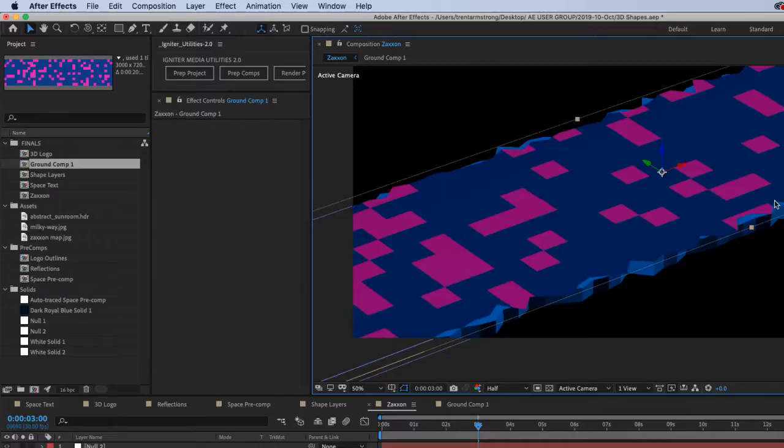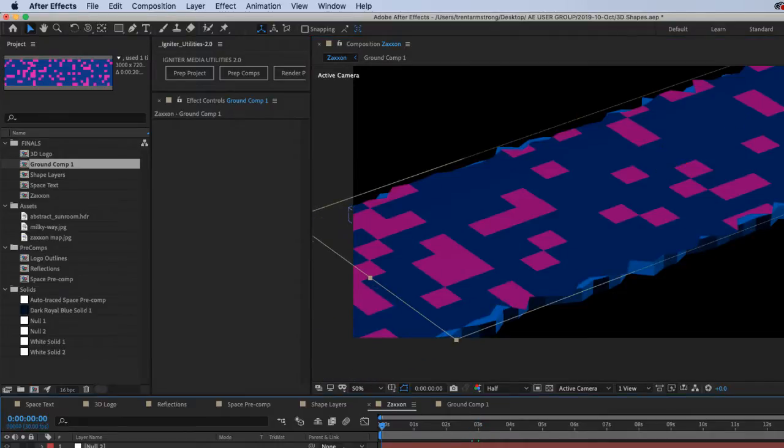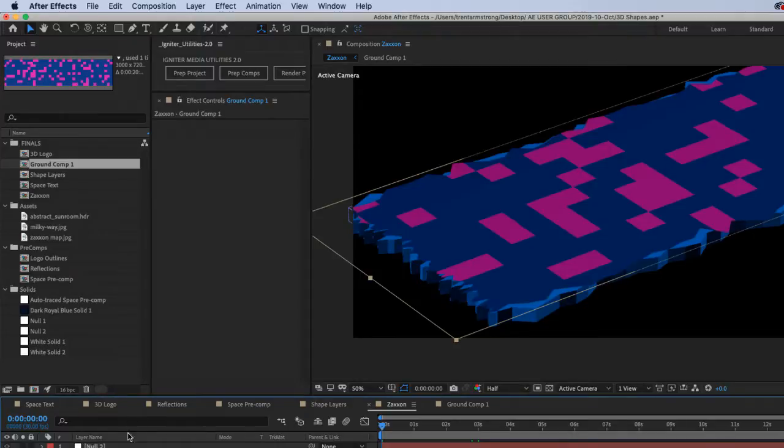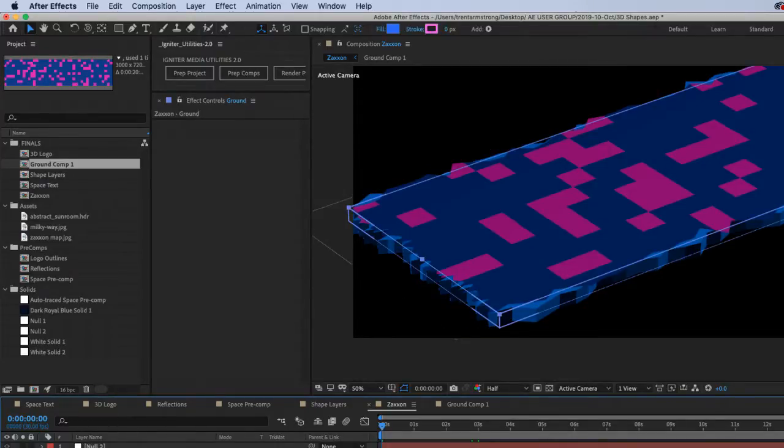So it cut it, but it didn't cut it correctly. Let's see what it looks like down here.